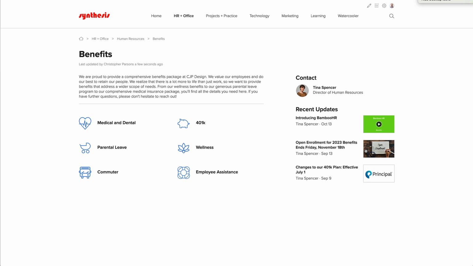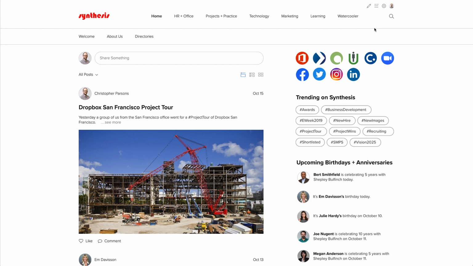Let's add a posts block to the homepage to see how it works. Our CEO, M. Davison, writes several posts a month about our company vision for 2025, using the hashtag Vision2025. We'd like to add a posts block to the right column of the homepage so that the most recent posts about Vision 2025 are always visible, no matter what else is happening in the stream. I'll edit the page,